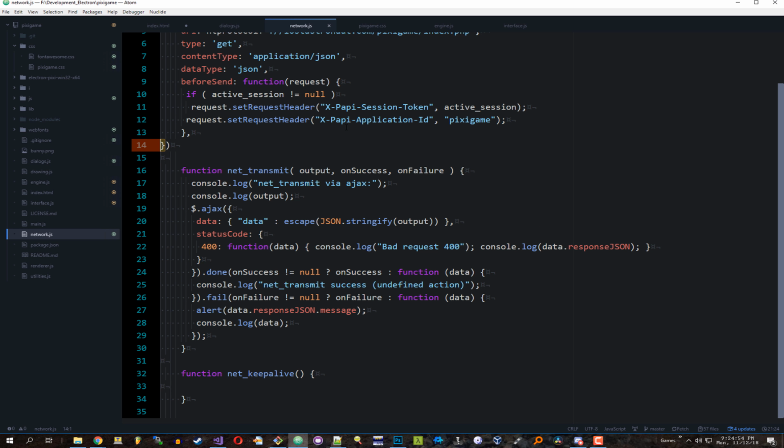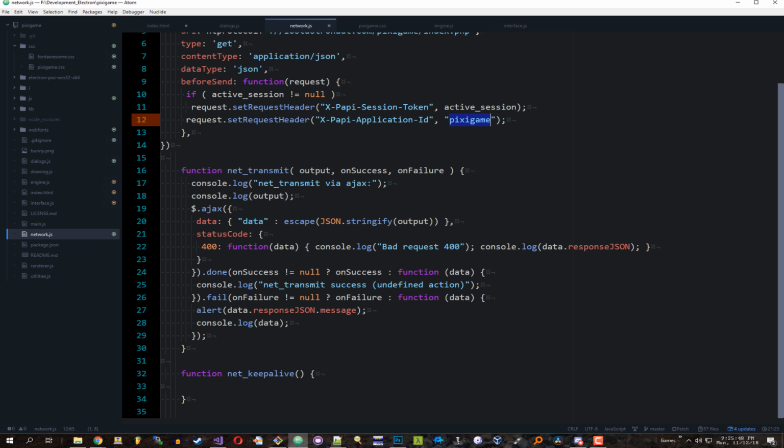So I changed the application ID to just the word Pixie Game for now. That's true on the back end. This has to match the back end, and so it does. Obviously, that's going to be some sort of huge, crazy hash code eventually, but for now, that's what it'll be. And I haven't actually inspected Electron executables yet, but there's a possibility that it may need to be encrypted in some way or hidden or obscured further than that. So we'll see what we can do. In fact, you could even ask the server, what is your current, but that's not good either. So I'm not really sure what we should do. We'll figure that out eventually. So you could have an SSH key or something, but that seems a little extreme, especially if it had to change, but it wouldn't be able to change. I don't know. Anyway,